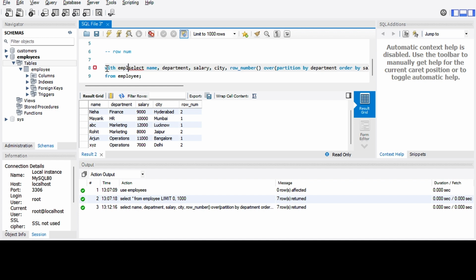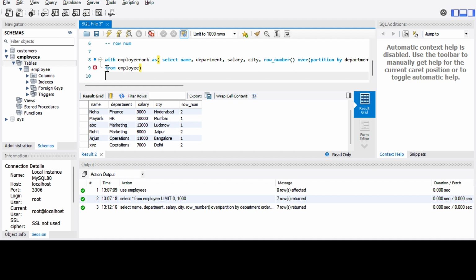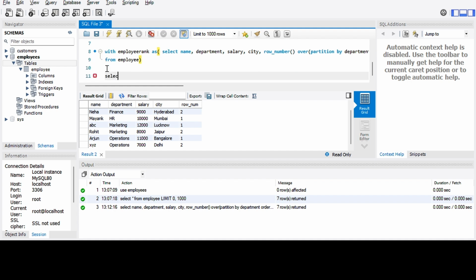We will name it employee_rank as, and we will use another SELECT star FROM. So we had created a temporary table with WITH. Now we will use that, SELECT star from employee_rank,